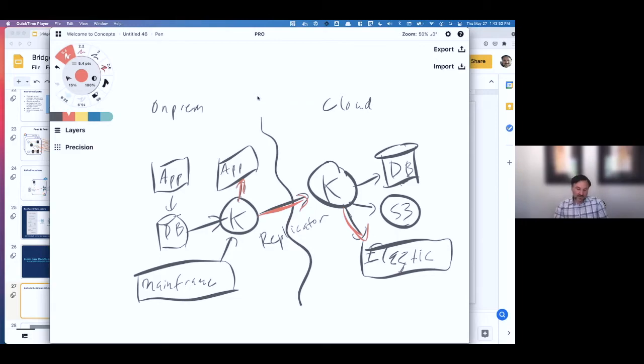Because your data is already available in the cloud, so you can grab it, and you can say, I'm going to put this to a machine learning library which is going to consume it, and that machine learning library, when it's done with it, can put the data back into Kafka. And then once it's in there, you now have a different version of that data set, right?